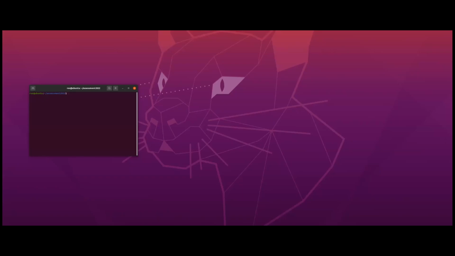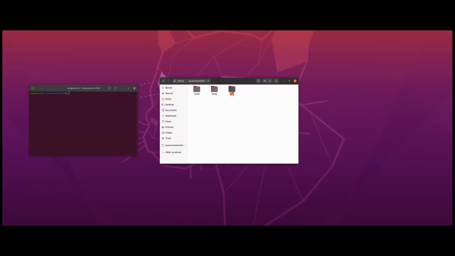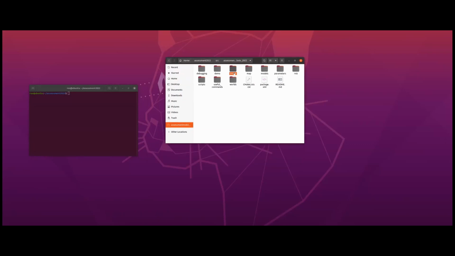My name is Ciprian-Florin, and this is a demonstration of all the different modules that have been built in my ROS project. So first of all, we can start by going to the actual package itself, which is Assessment Mobile Robots 2022. And then in the launch file, we have multiple files that we can use in order to launch